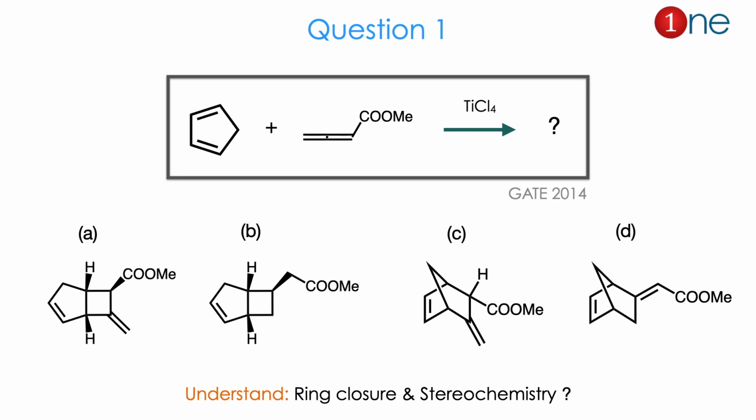Then C and D answers. C and D answers are bicyclic system which is attached with COMe and hydrogen. Whether alkene and COMe is separated or COMe attached to the alkene. So there are the 4 possibilities. So from the reactant to product you might understand ring closure is important and the stereochemistry is the real question here. The answer is C. Let us see how.